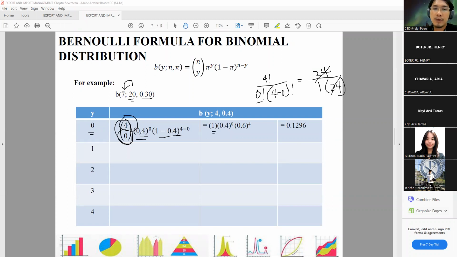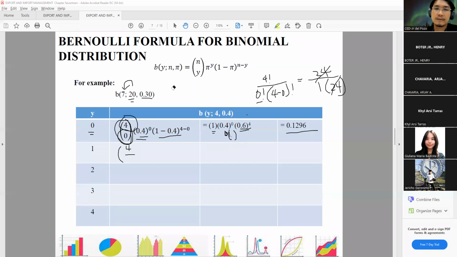Okay, then 0.4 raised to 0 is definitely 1. Sorry, 0.4 raised to 0 is what? Also 1. And 0.6 raised to 4. So kung ito ay 1, ito ay 1, ang sinusolve na lang natin is 0.6 raised to 4, which is 0.1296. Okay? How about dito naman, if y is 1, so for 1,